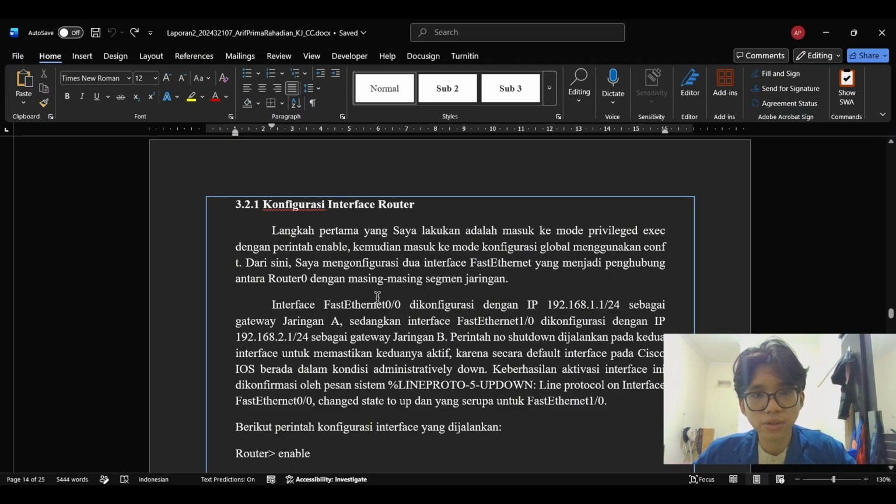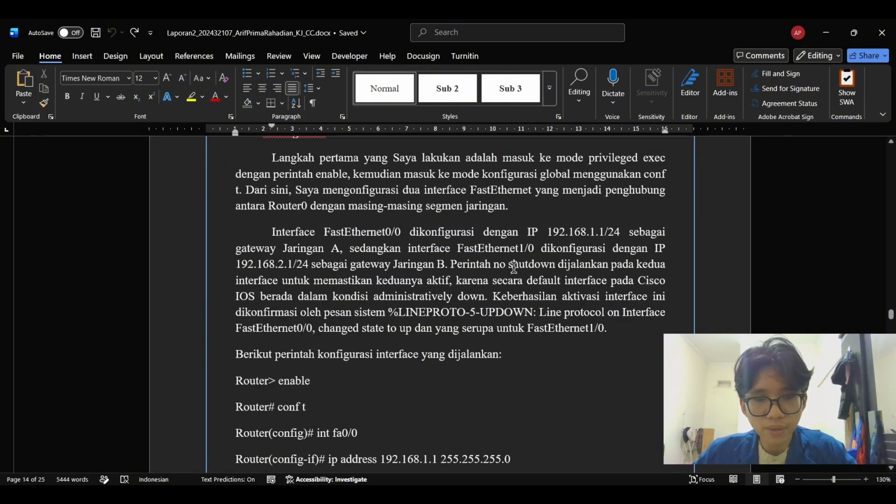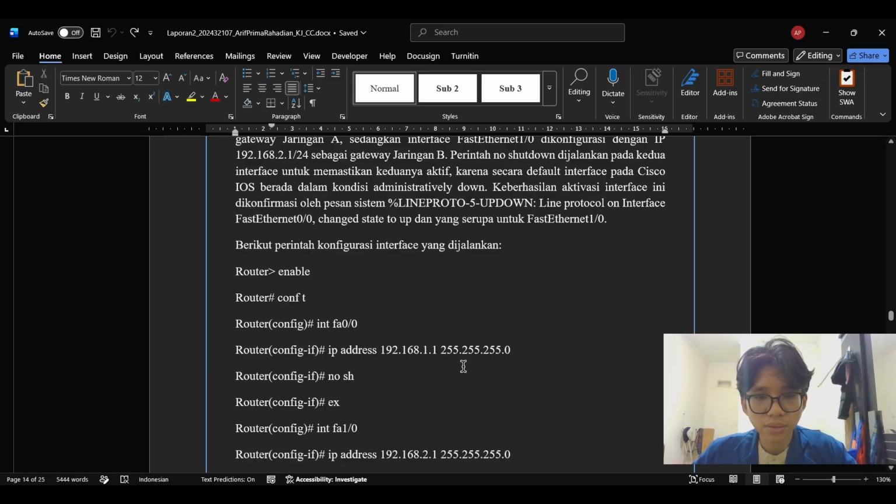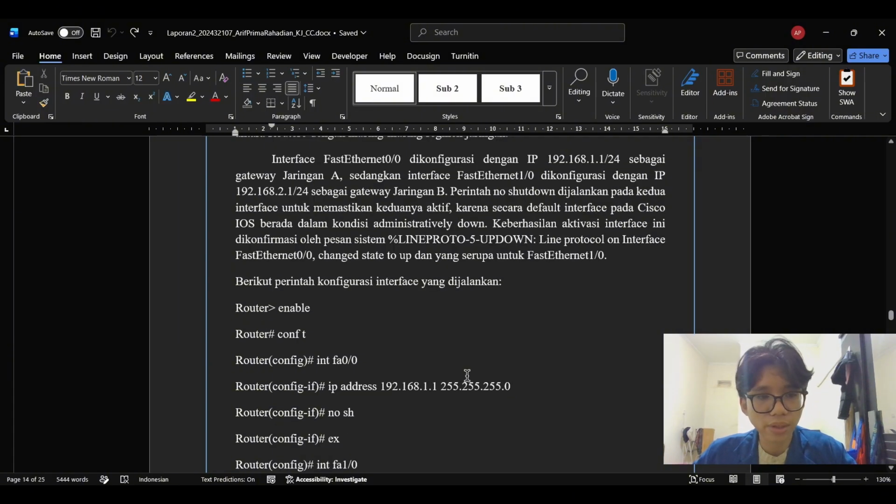From there, I configure both FastEthernet interfaces. FastEthernet 0/0 was assigned the IP address 192.168.1.1 with a subnet mask of 255.255.255.0, serving as the gateway for Network A.